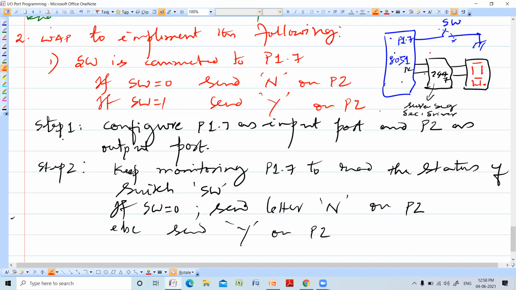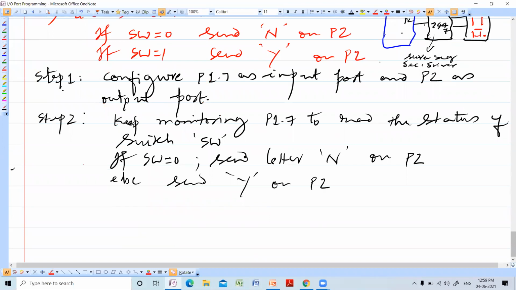We will see later how the 7-segment code will be generated. Later it will be transmitted to the 7-segment display. So anyway, that part is not considered in this program.